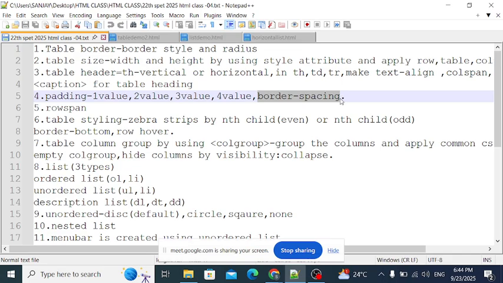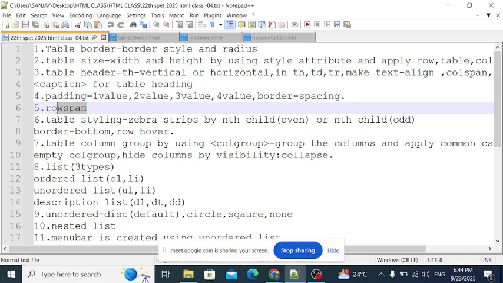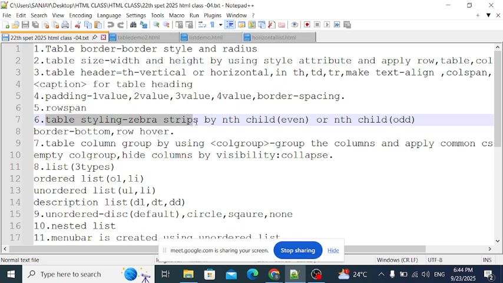So between the cells we can give spaces. That's what border spacing is, one property we have. Rowspan is the number of rows you can merge. Next one we have table styling, zebra stripes, that is the alternate rows you can make as different